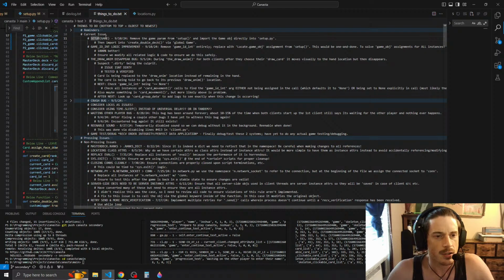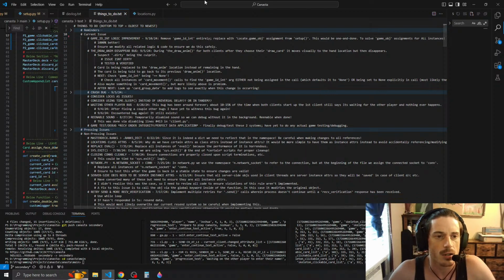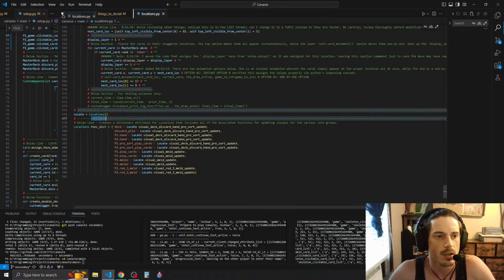So let's go to things to do. Let's get rid of that because we finished it. Remove the game parameter from setup and import the game object directly into setup. Cool, we did that. Alright, now we're gonna go to devlog